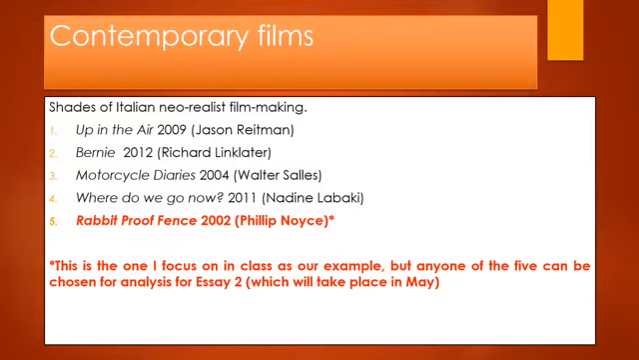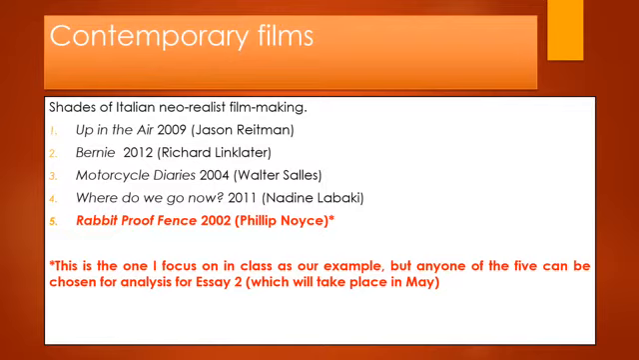One for analysis. And you can, by the way, ignore that part that says which will take place in May. Obviously, dates change, and I'll let you know more about that. But here are the 5 films. There's a 6th one as well that I'll mention to you. It's Up in the Air by Jason Reitman, Bernie by Richard Linklater, Motorcycle Diaries by Walter Salles, Where Do We